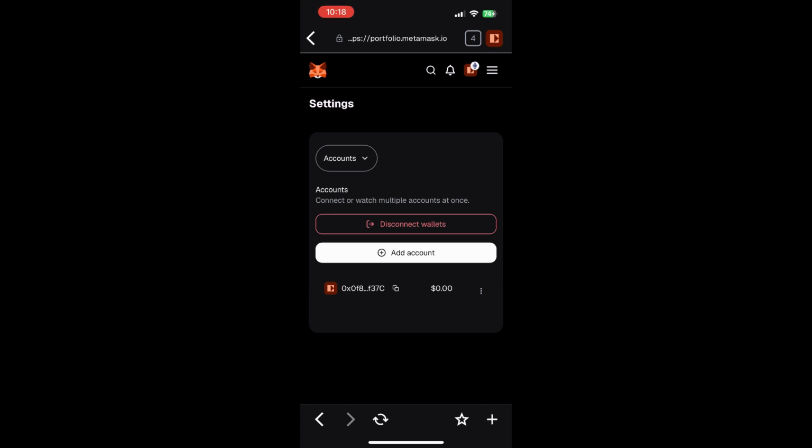For token approvals, open a trusted dApp or security tool, like an approvals checker, inside Metamask's browser, connect your wallet, and review the list of tokens with spend permissions. For anything you don't recognize or no longer need, tap Revoke and confirm the